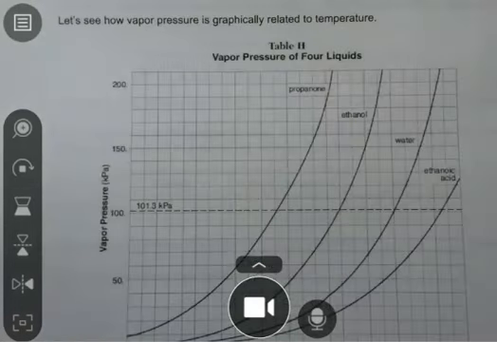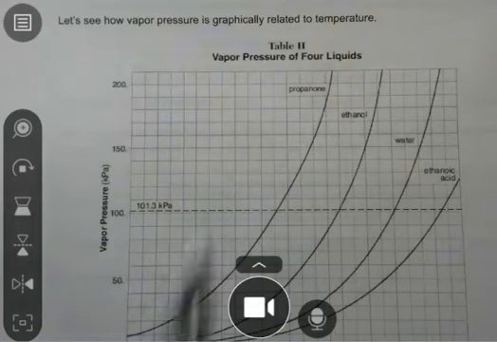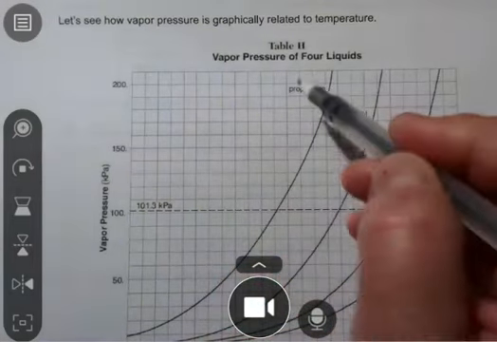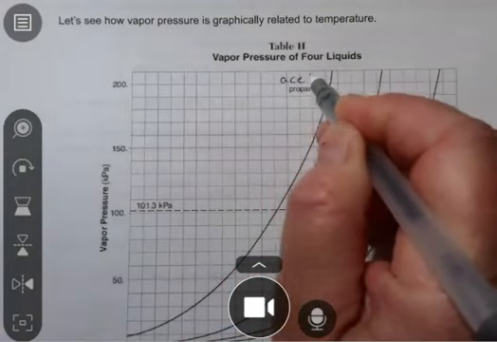All right, so taking a look at the second page in your handout, let's see how vapor pressure is graphically related to temperature. So this is reference table H in the chemistry reference tables. It is called the vapor pressure of 4 liquids. We have 4 liquids here: propanone, which is acetone;